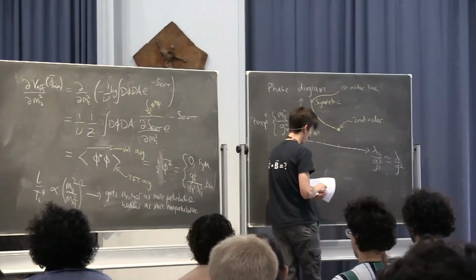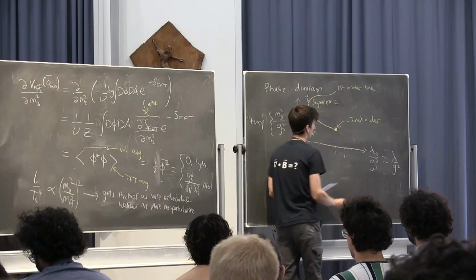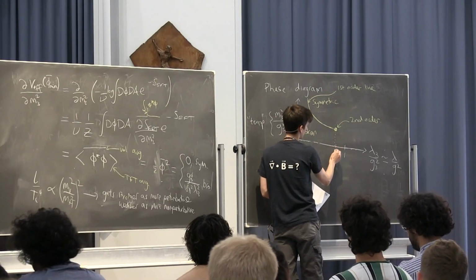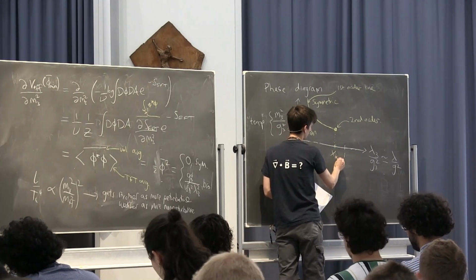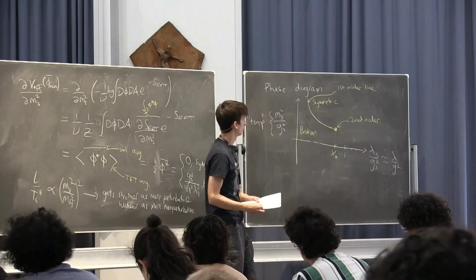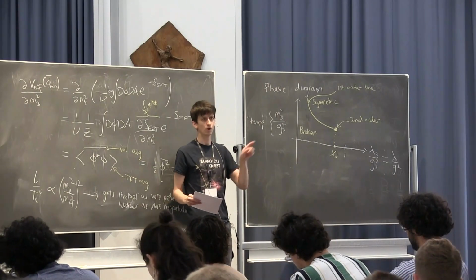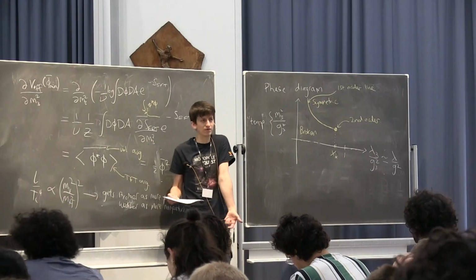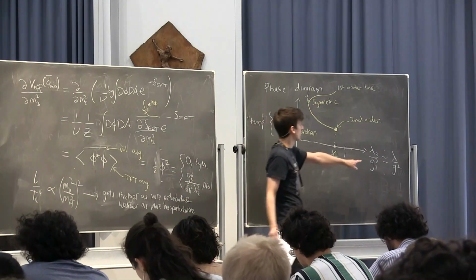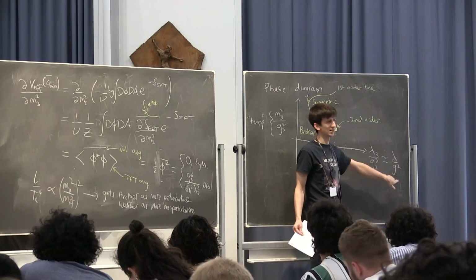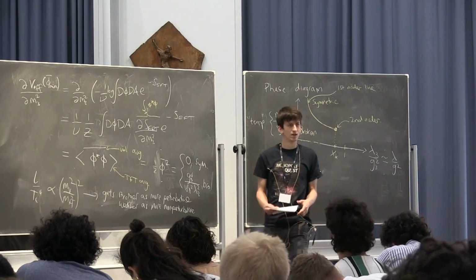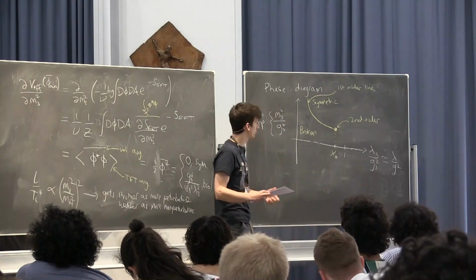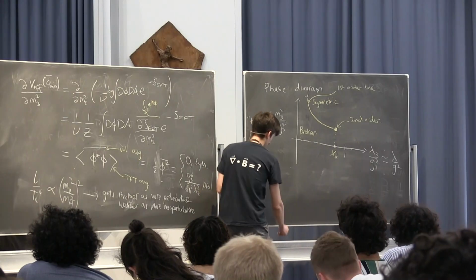So stuff that definitely breaks down when lambda over g squared is order 1, but there is a special point, let's call it x star, which allows us to distinguish what phase transition will happen. So let's say you're given a model, you're given the abelian Higgs model, and someone, an experimentalist or whomever, tells you the parameters. If you want to know, is the transition second order, is it first order, is it a crossover, you just need to look at